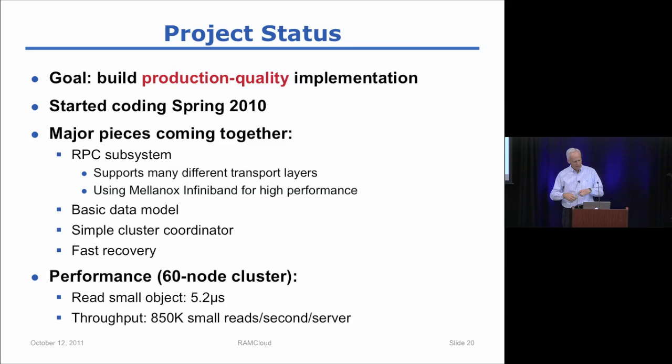So this is a research project, but I actually don't like doing this typical university research where you build a research prototype that works just well enough to write a paper about it, then you give your paper and you throw the code away. Seems like a waste of effort to me. So for RAMCloud, we're trying to build a production quality implementation. And I've been able to do this in previous university research projects, and we have a great bunch of students on the project, so I'm optimistic it's going to work for RAMCloud also.